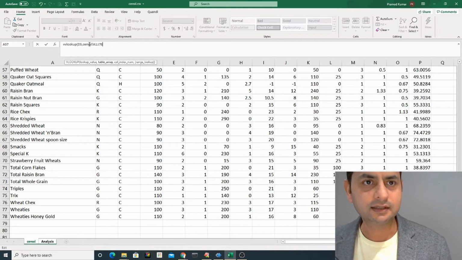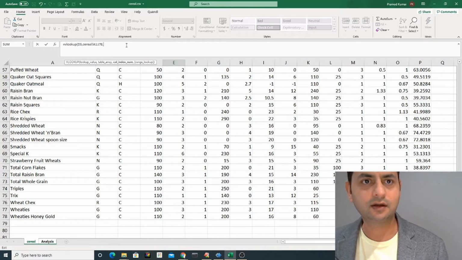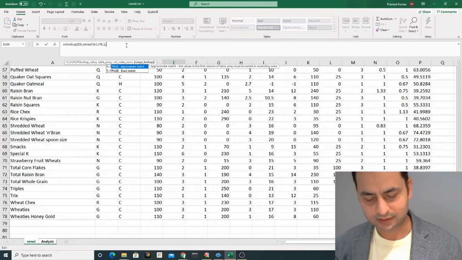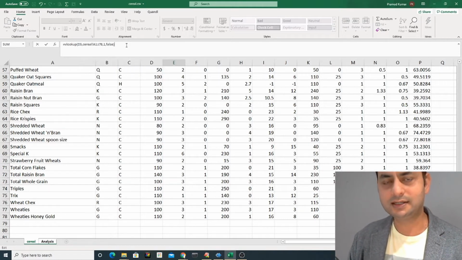When you click here, it selects the table range from A1 to J78. A1 we know is the first column, and J78 is the J column, and 78 is our last row, right? So that range is selected, and then I click the comma. We don't have to go back, we can work on this. Okay, let's select the one right now. And then comma, and it says you want exact match or false match. I want exact match, so I type false. This is case insensitive, so whether you type upper or lower doesn't matter,